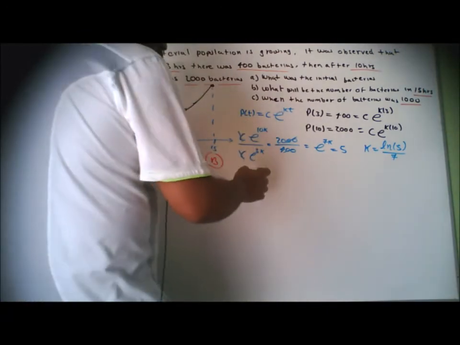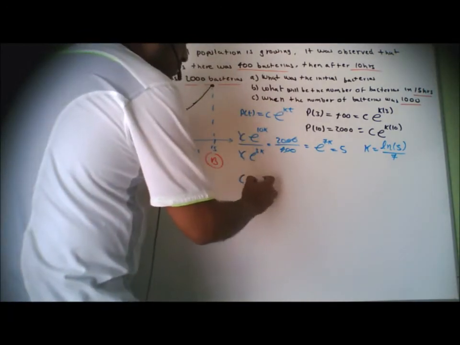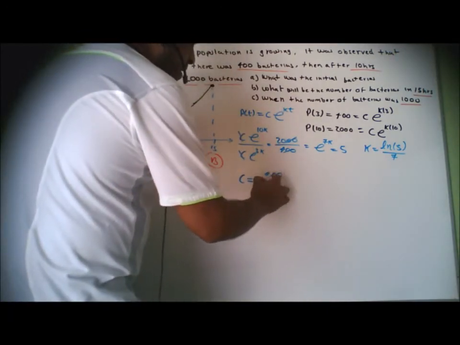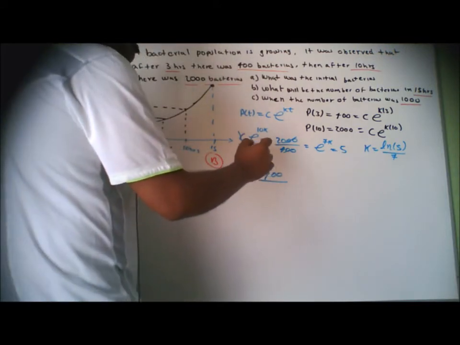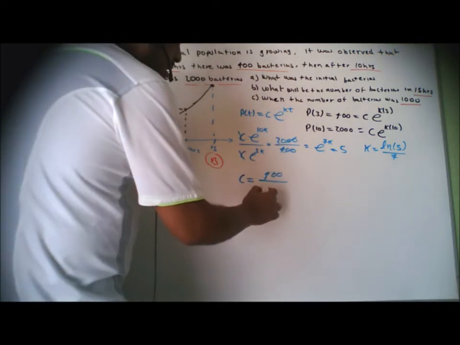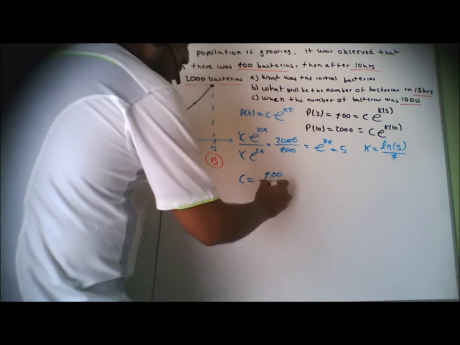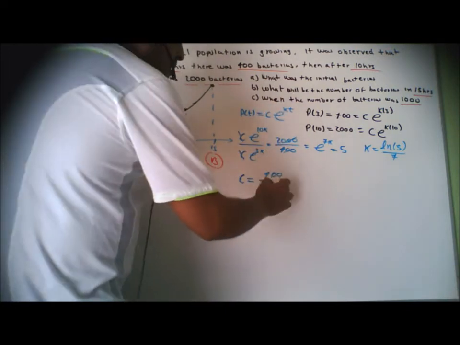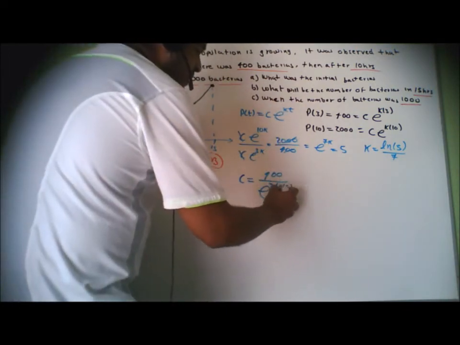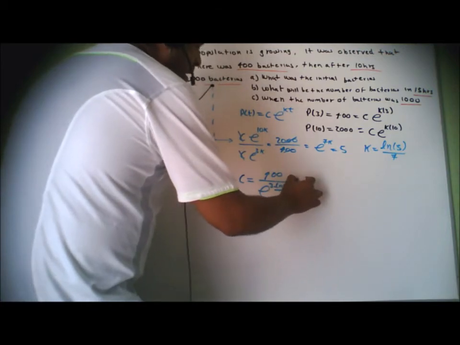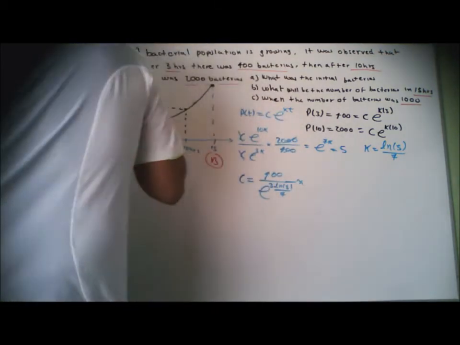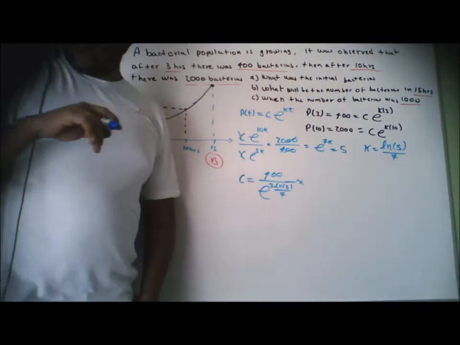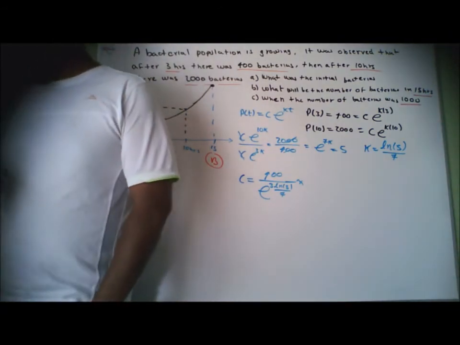I'm going to do it in the first, so the constant is equal to 400 divided by the exponential of 3 times k, the natural logarithm of 5 divided by 7. And according to the calculator, that is going to be equal to